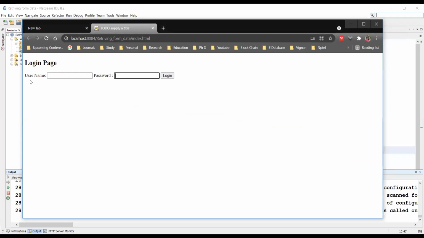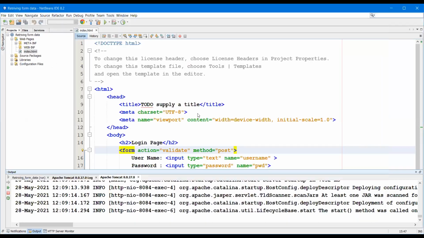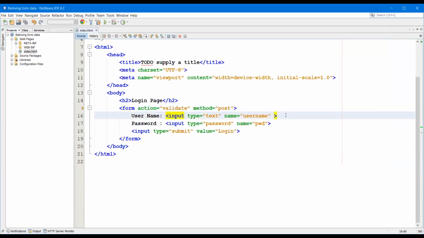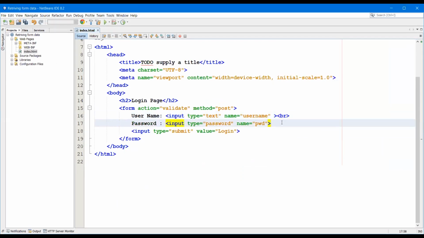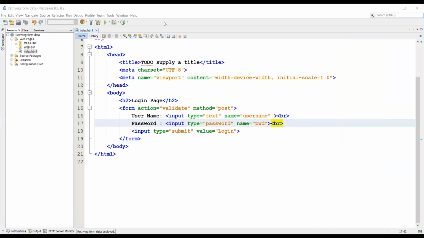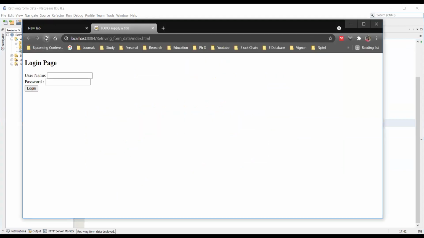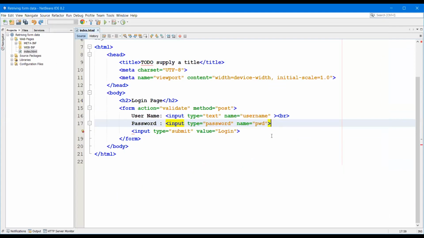Here we have created username and password. I will do a little bit of modification.